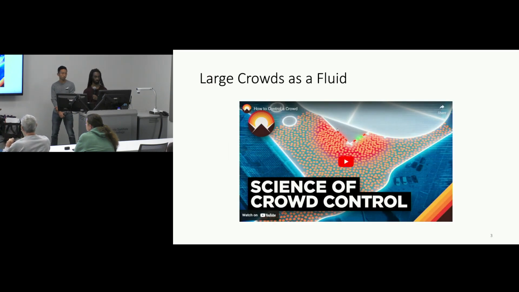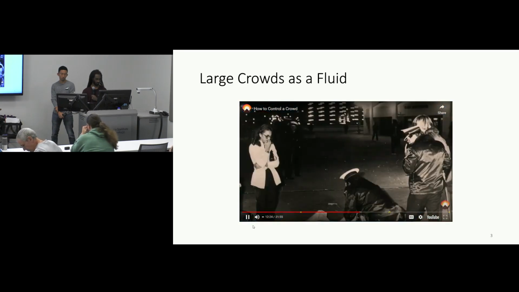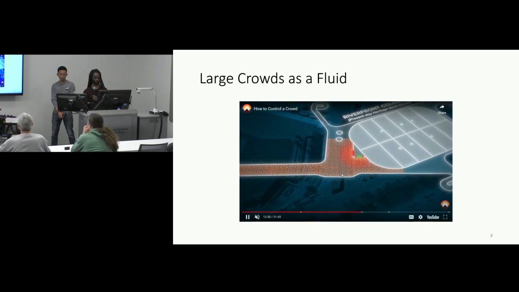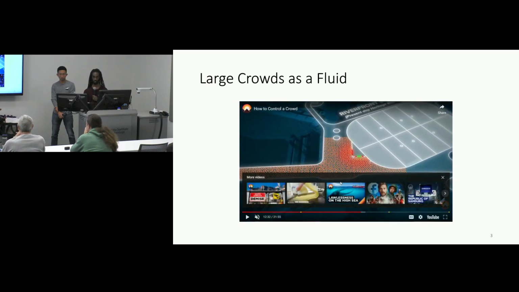So first of all, why is it important to model large crowds as a fluid? This is a small video. So here you see a concert venue where you have a large crowd trying to get into these doors. And the reason this is important is because I believe this is a model of the Who,